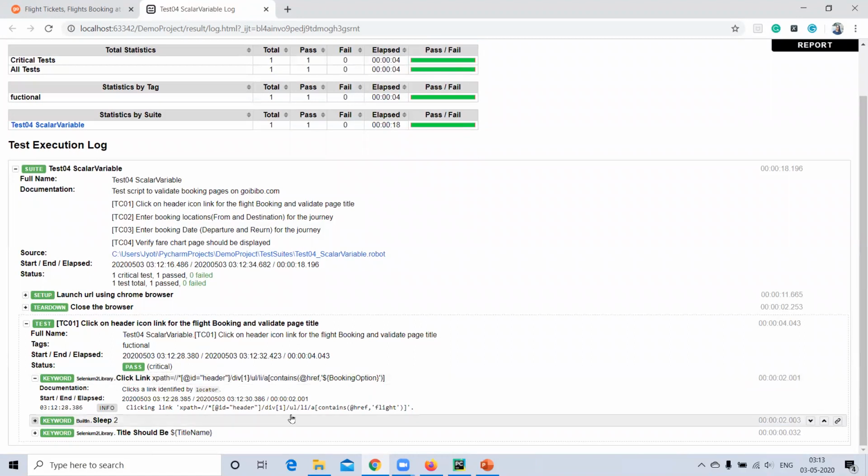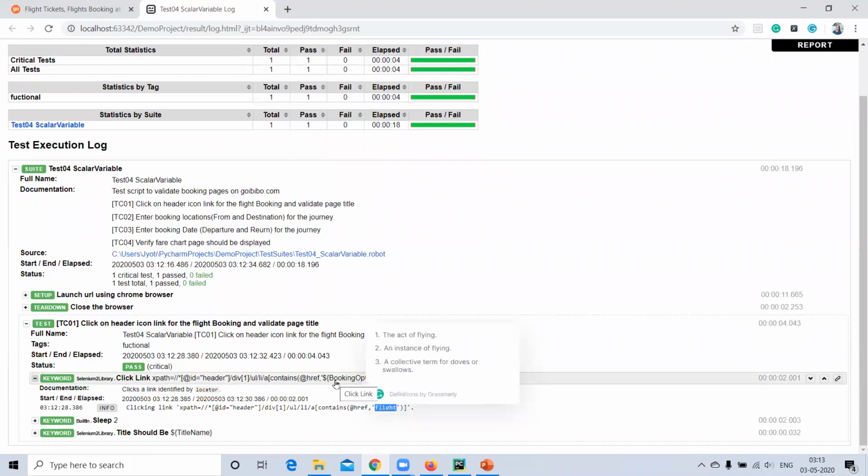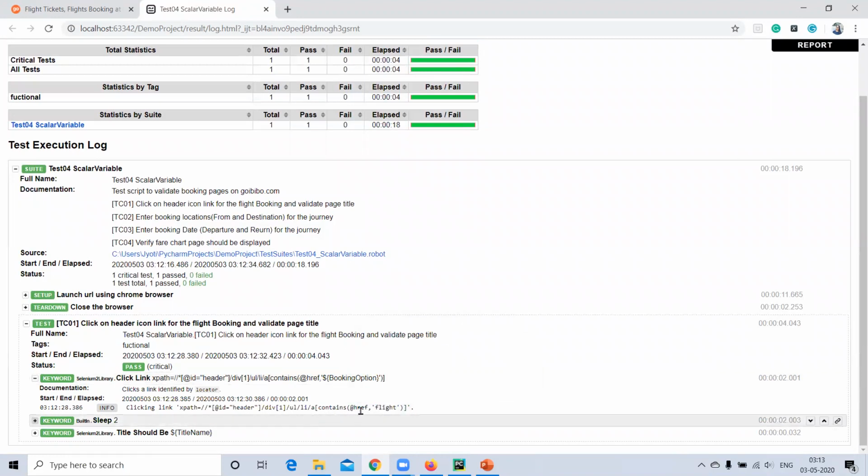I am clicking on this, so it's concatenating the flight. Here I had passed the booking option, so automatically it's fetching the value flight, as you can see in this XPath.